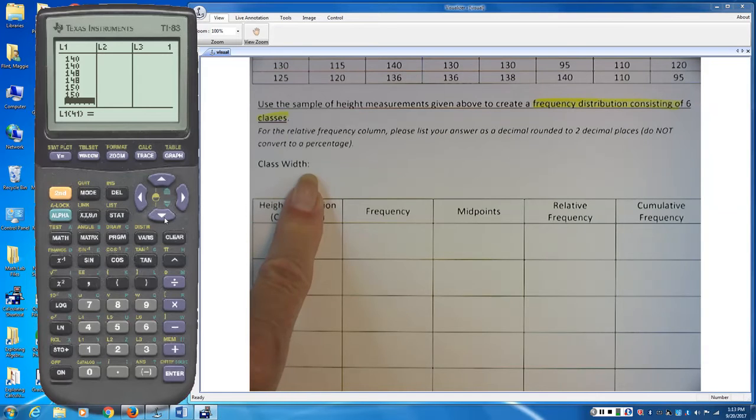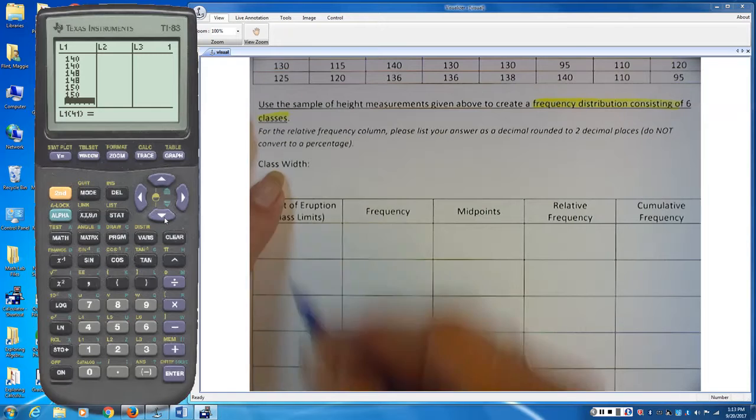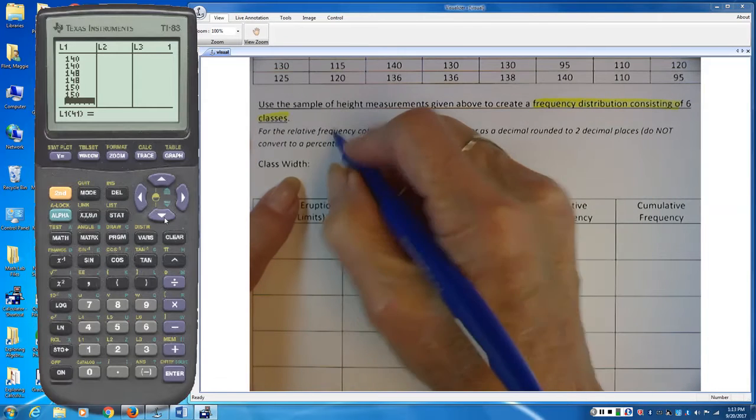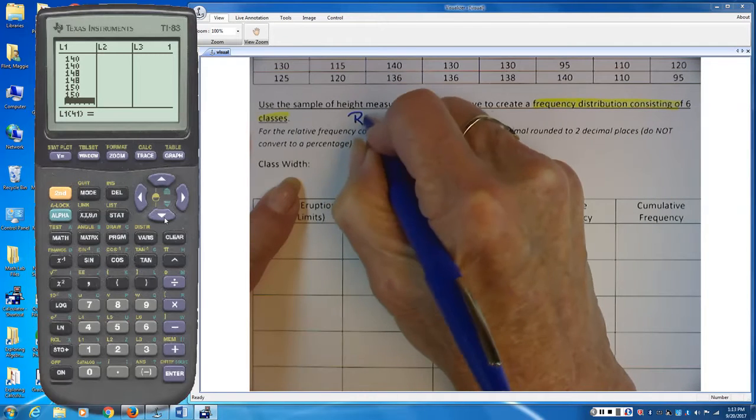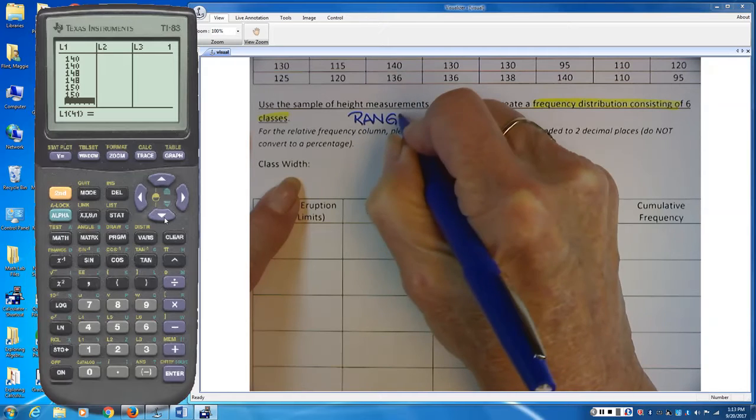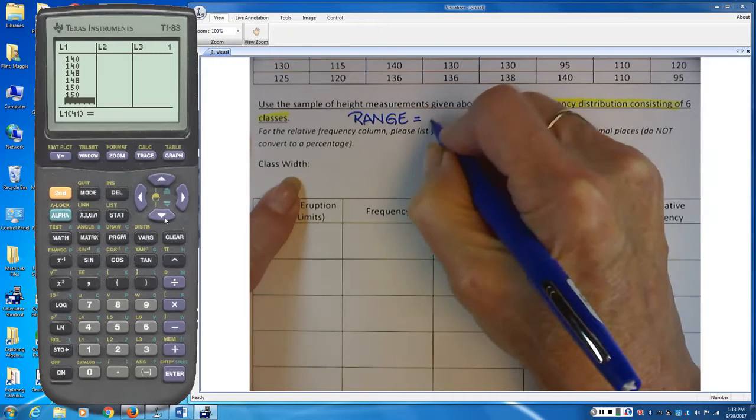And if you're tempted to say, well, we could just start one at 90, and one at 100, and one at 110, and one at 120, and one at 130, well, we've already run out of classes and we still have data. So you can't just arbitrarily set it to count every 10 if we want 6 classes. So since we want 6 classes, we're going to find the class width by taking something called the range, which is the maximum minus the minimum,